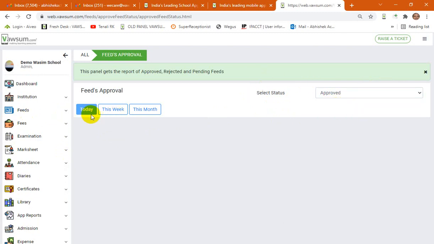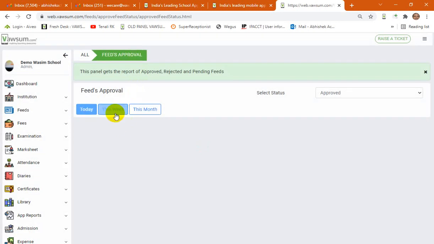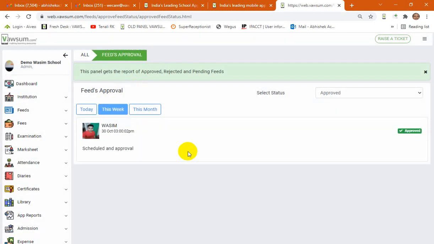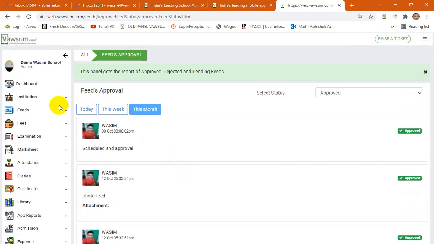And on the left you will get the option to see the feeds depending on the status type, for the day, this week, and for the month. If you click on this week, you get to see all the approved feeds for this week. If you click on this month, it would reflect all the approved feeds for the entire month.